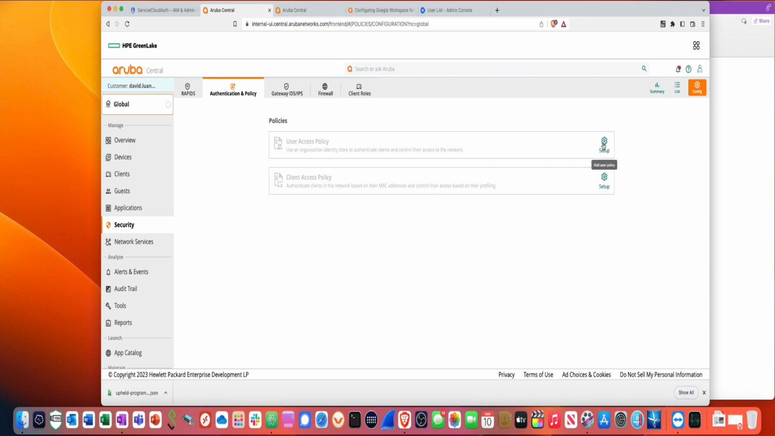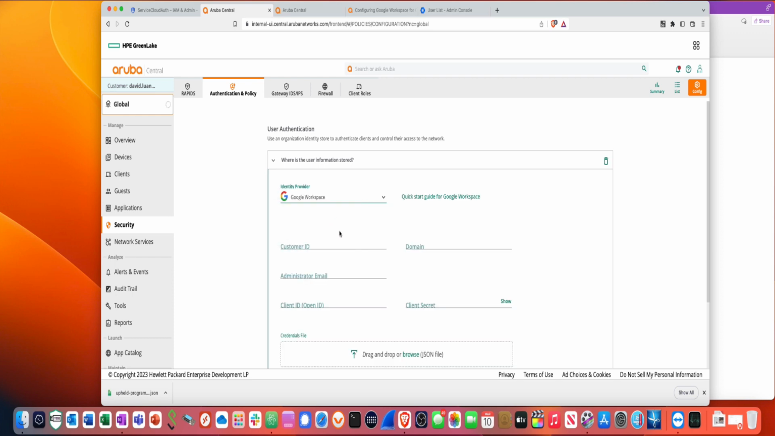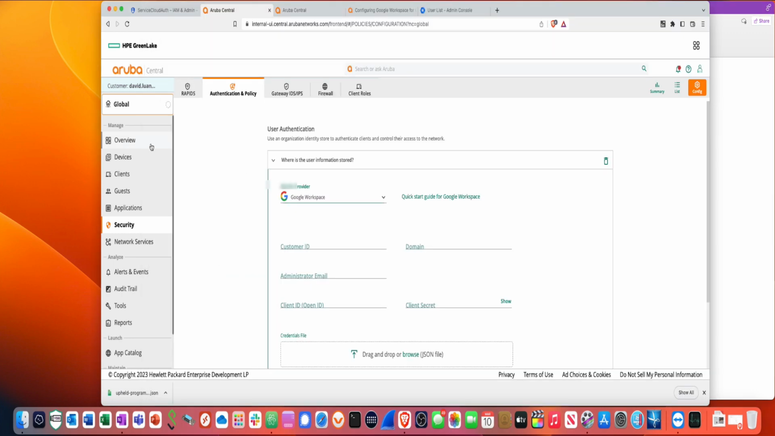I'm going to click on Setup, and you have a choice between Google Workspace or Microsoft Azure. We're going to do Google Workspace. Now this is where we get our information. My customer ID came out of my admin console, so we'll copy it and paste it in here. My domain is, my administration email is